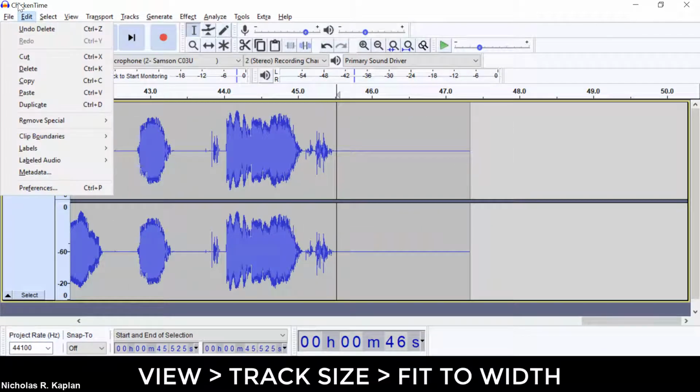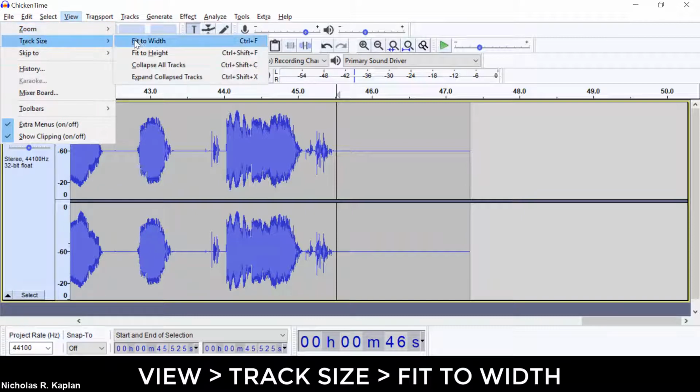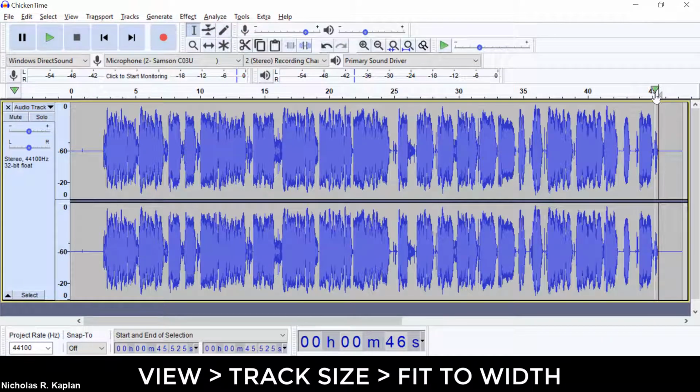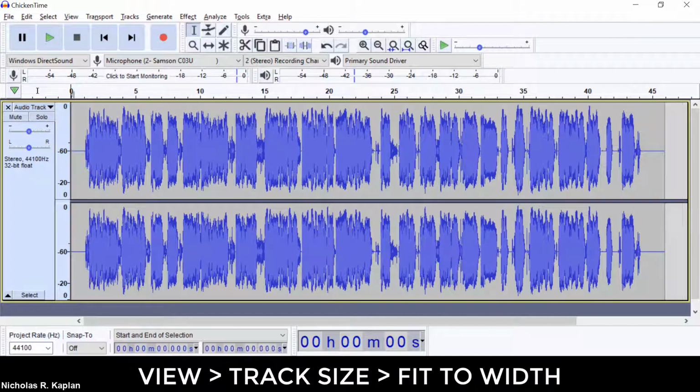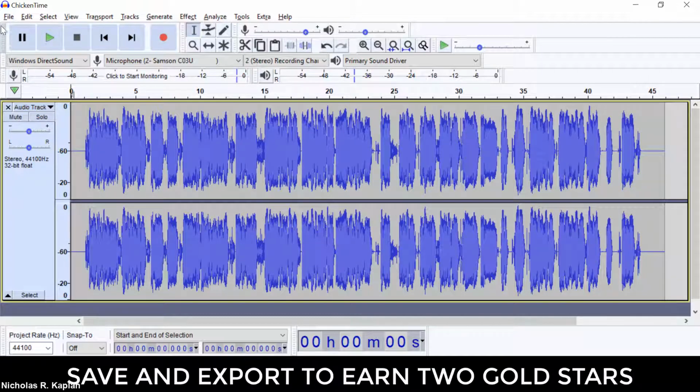So I think I've deleted everything that I want to delete. Let's go ahead and take a look at the entire thing. All right, now I'm at about 45 seconds. I kind of like it. I'm going to delete just a little bit of this out at the front. And at this point, I could be done. So what am I going to do?